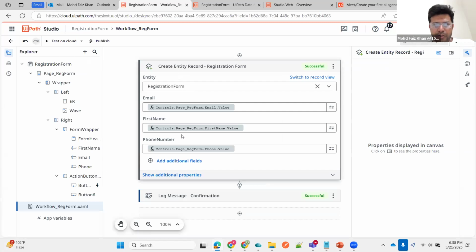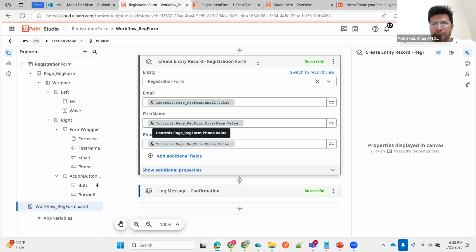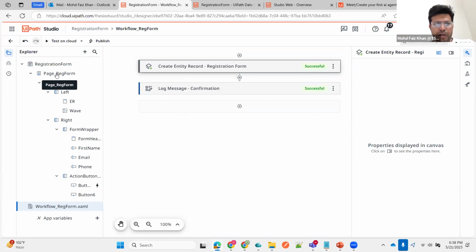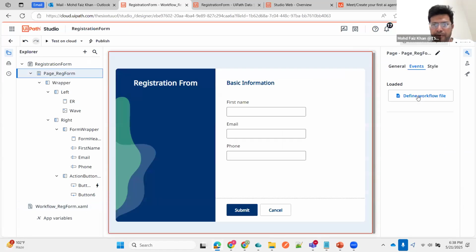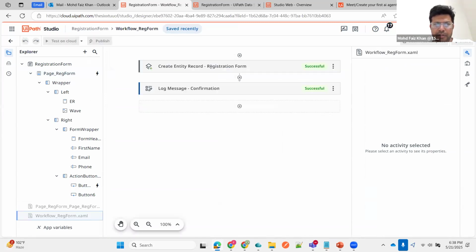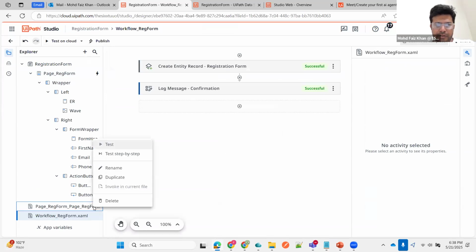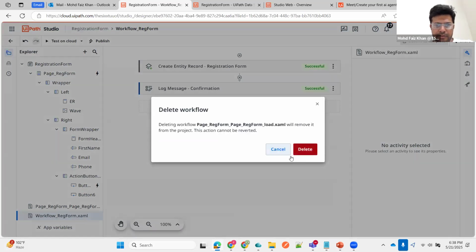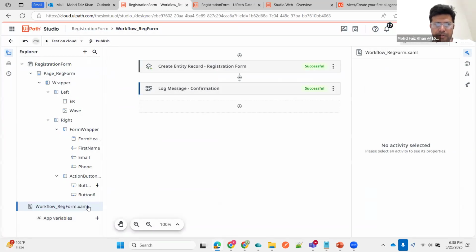So I already have added these solutions. You have UiPath apps, and you have UiPath processes where you are creating all the solutions. Okay, let's see. Yeah, these solutions, and now you can